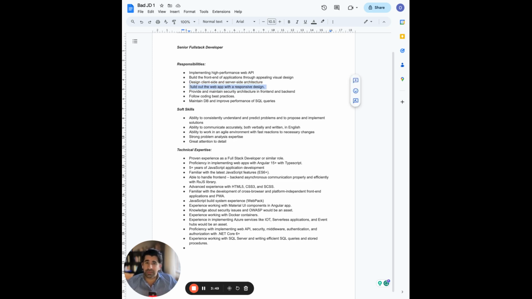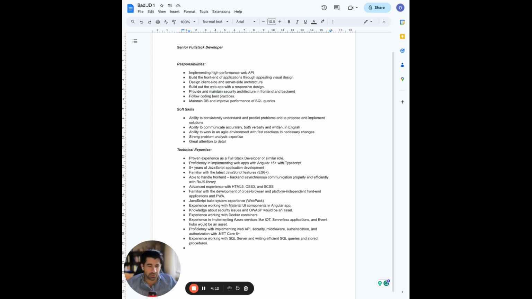Now we're also going to build out a web app using responsive design. So now you're also asking for CSS and responsive design, HTML. Again, very problematic, because we just went from designing server-side architecture to building out a web app with responsive design. Provide and maintain security architecture in front end and back end.